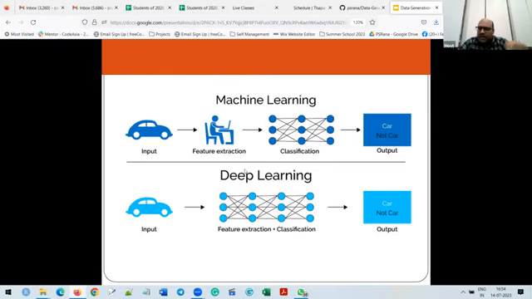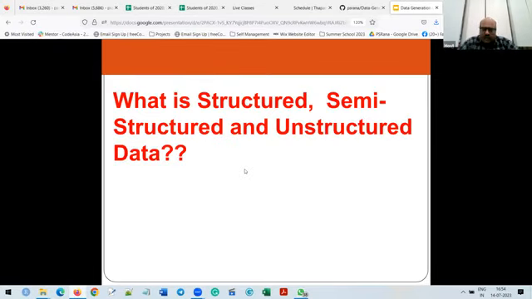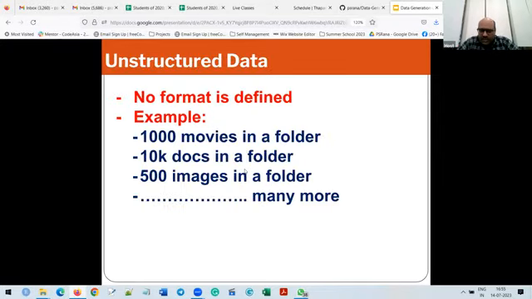Similarly, hardware resources. Now, there are important terms: what do you mean by structured, semi-structured, and unstructured data sets? Suppose we are talking about unstructured data. In that, no format is defined. Suppose you stored 1,000 movies in one folder, and no category is defined, which is the movie for kids, which is for motivation, which is for old age people.